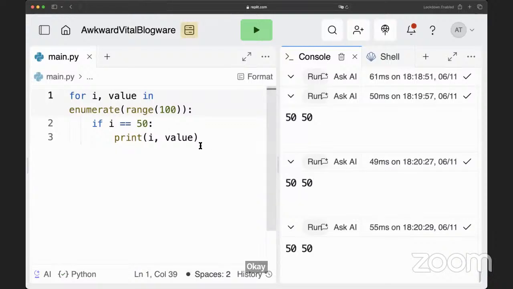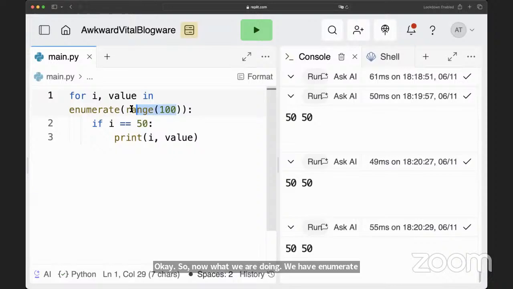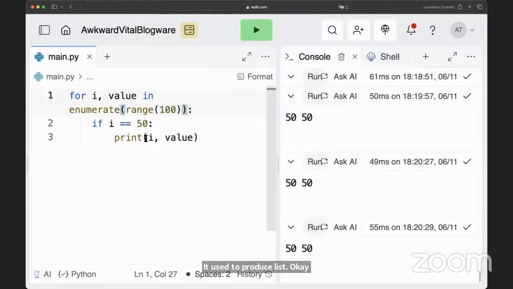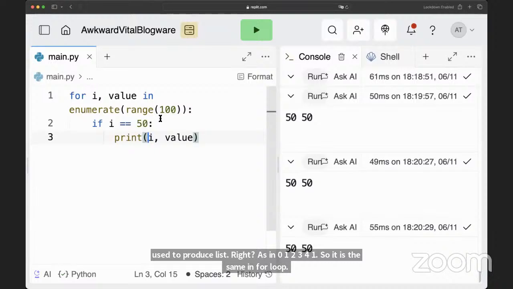So now what we are doing, we have enumerate, and if you remember in the last class, when you wrap something with list, especially the range with list, it used to produce a list, right? List as in 0, 1, 2, 3, 4, 5. So it is the same in a for loop.